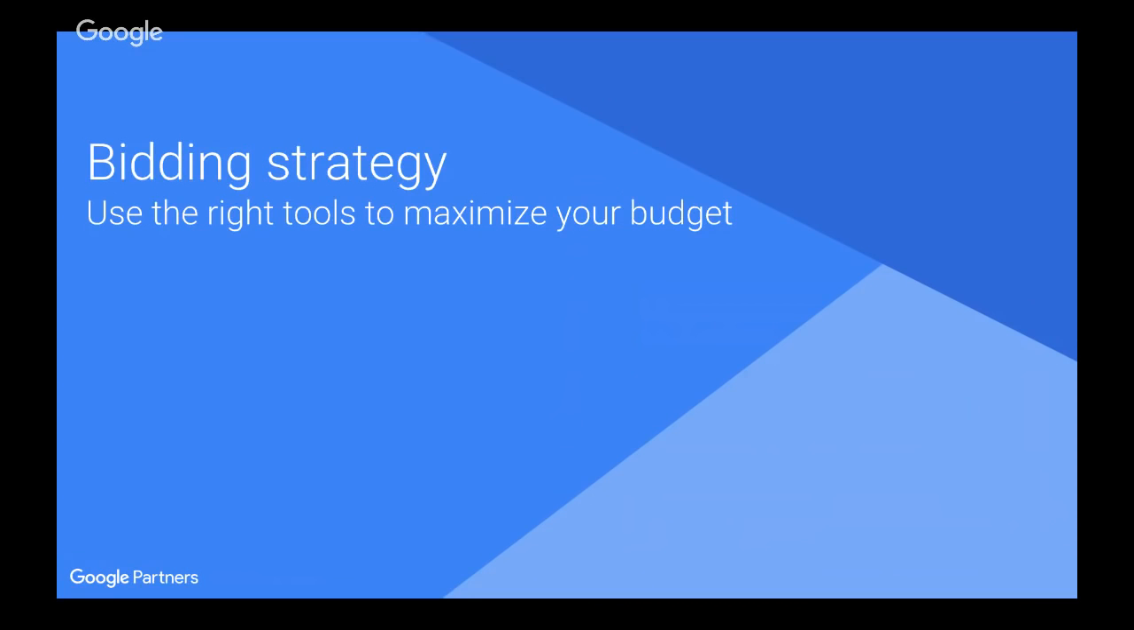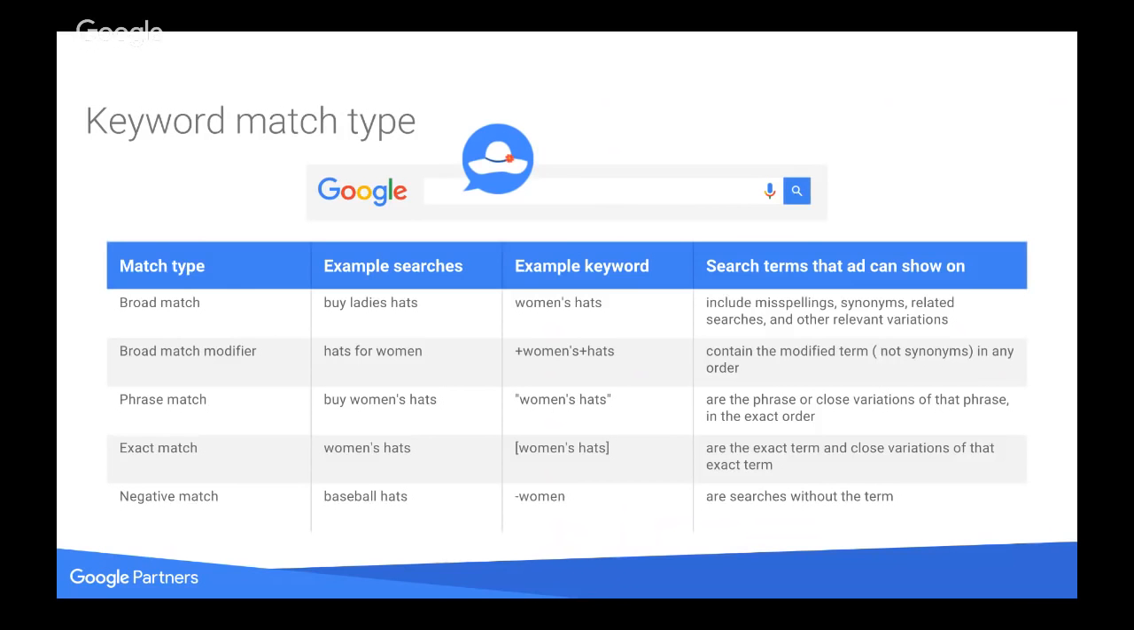Next, we're going to discuss the sort of bidding strategies that you can use for each of your campaigns. First off, we should be discussing keyword match types. Now, keyword match types allow you to choose a particular search query and try and match it to exactly how a user is probably searching for your business. So the main ones that you see on your screen right now are things like broad match modifier, phrase match, exact match, as well as a negative